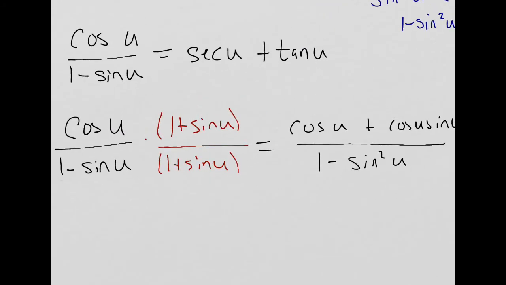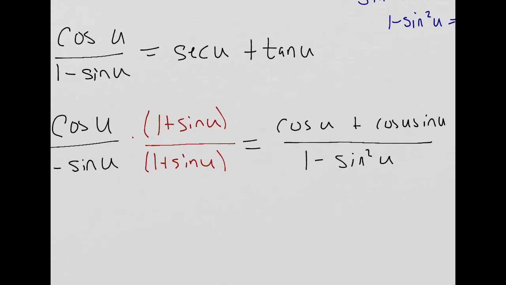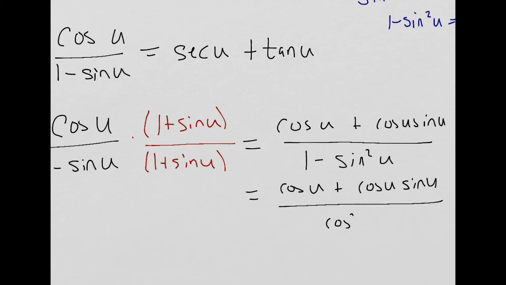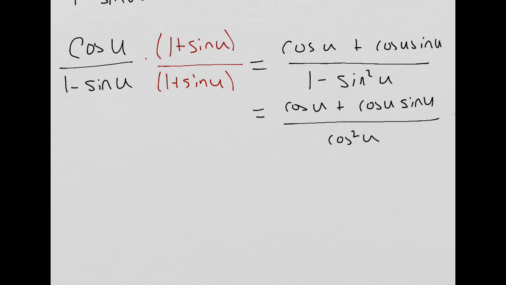So back to here, this is equal to cosine of u plus cosine u sine u all over cosine squared of u. Now I've got a cosine here and here, they're common factors, and I've got cosine squared down here. So I can cancel each of these with one of the cosines down there, and I'm left with 1 plus sine of u over cosine u,